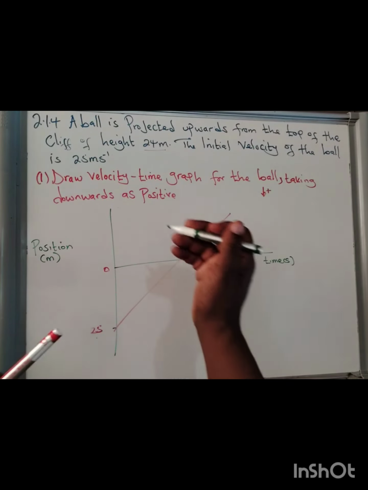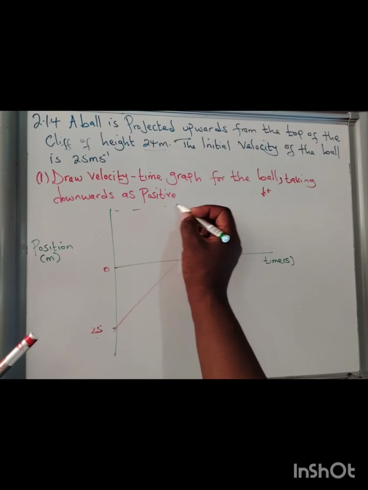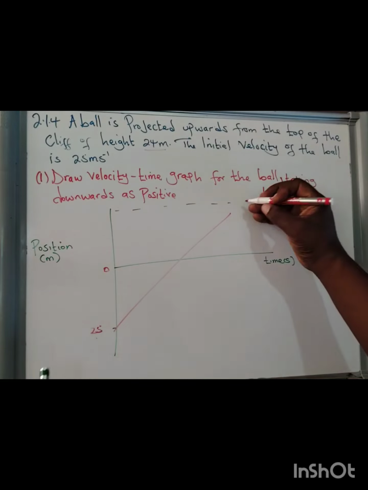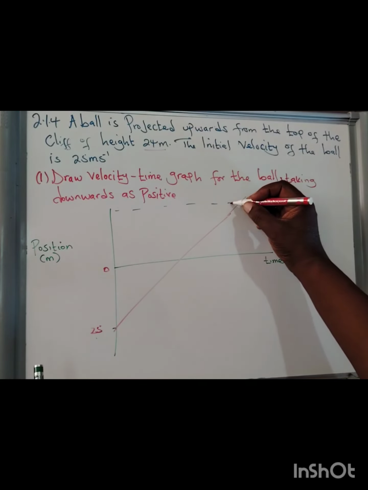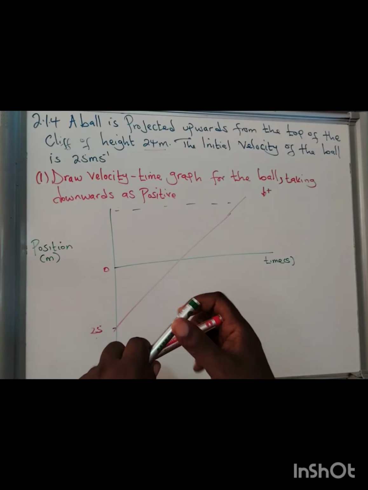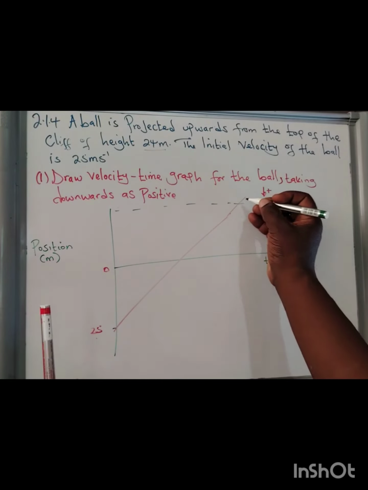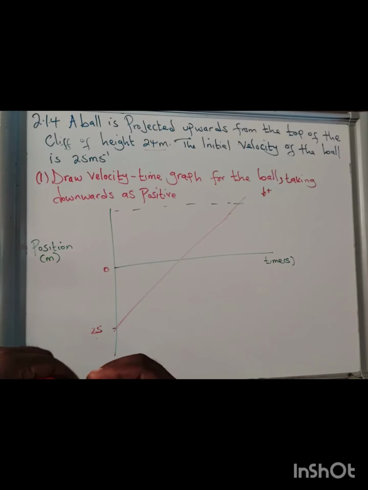Okay, so what you have here, our assumption that this one proceeded up to that. So what you have here is the velocity at which the ball strikes the ground,